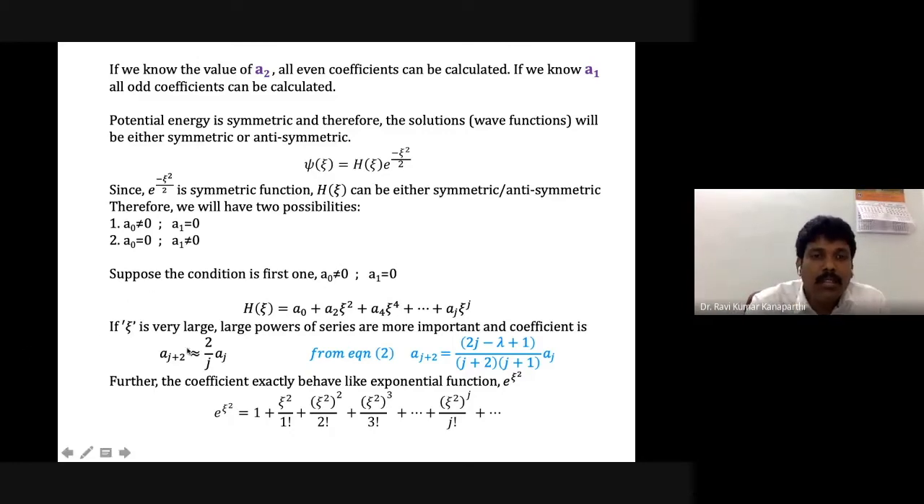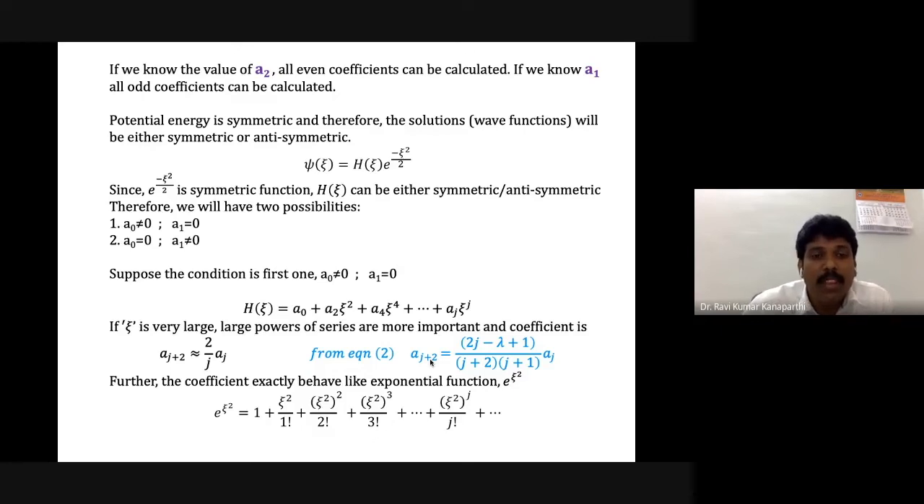So this we can obtain from this recursion relation. The recursion relation is nothing but aj plus 2 is equal to 2j minus lambda plus 1 by j plus 1 multiplied by j plus 2 multiplied by aj. So I'm saying that at larger displacement, or in the asymptotic region, for the sake of